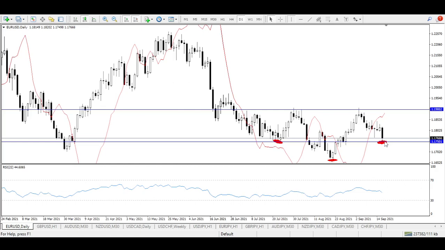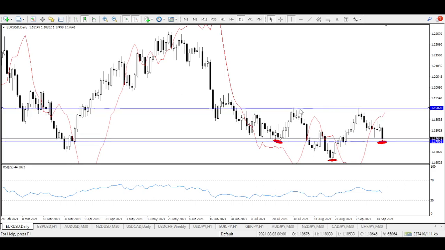Classical approach of trading a pattern says that we should wait for completion of the pattern and then we should trade the pattern. So if we follow the classical approach, we should wait for EUR/USD to go back to this area around 119, and then this 119 line will become the neckline of this head and shoulder, and then we should wait for a daily candle to close above this 119 line to validate the breakout above the neckline to take any buy entry. So it will take many days to go to the neckline and break the neckline. So that's the classical approach, but today I'm going to talk about trading